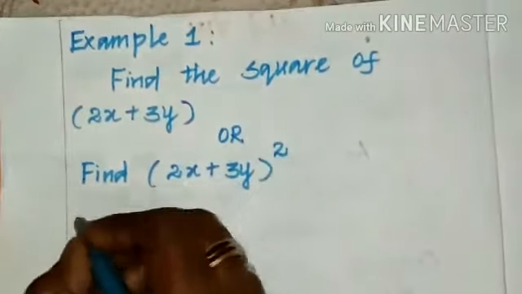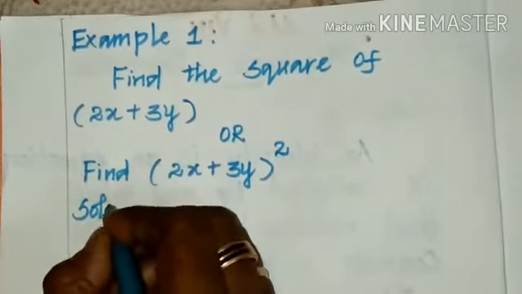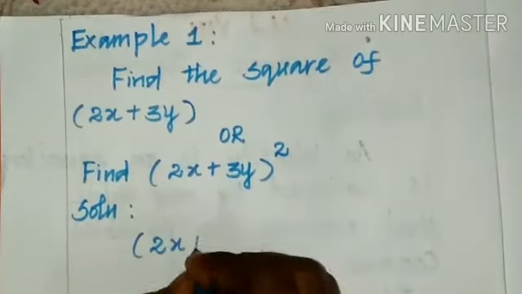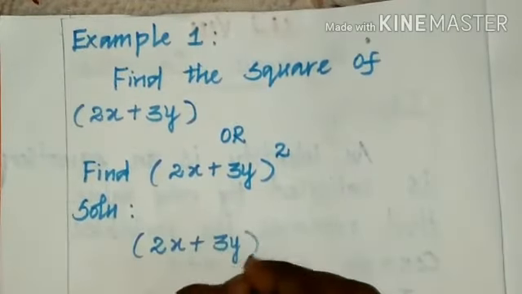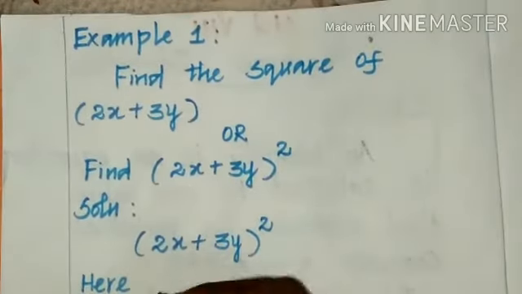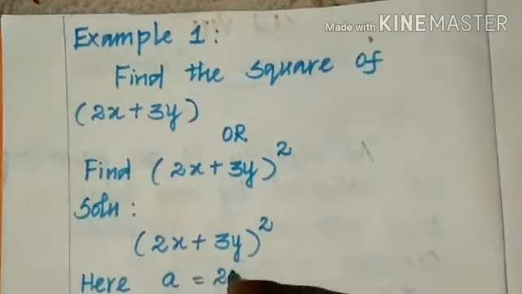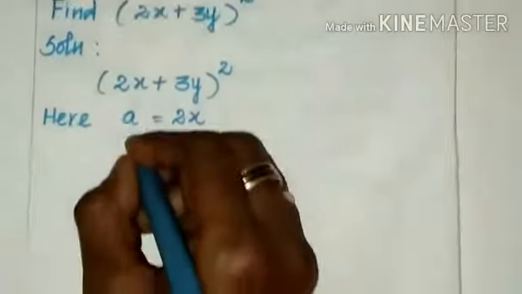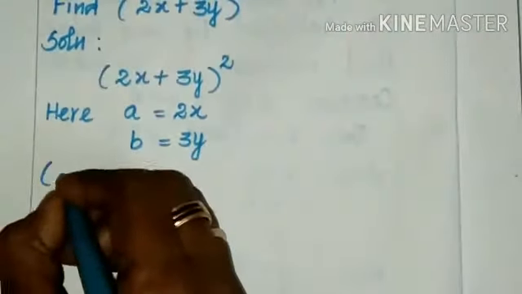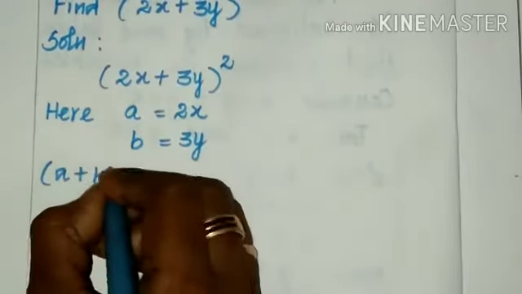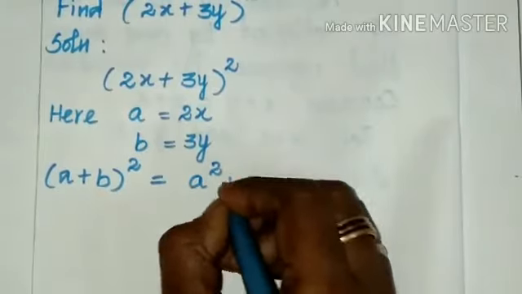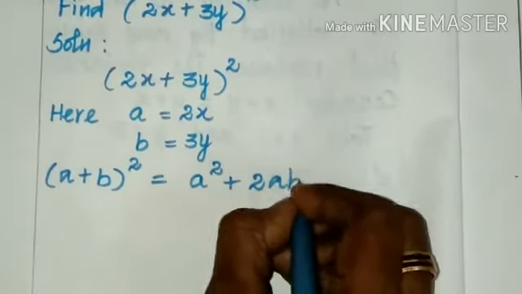Now we have to use the a plus b the whole square identity here. Here a is equal to 2x and b is equal to 3y. Now we write the identity. What is the identity? a plus b the whole square is equal to a square plus 2ab plus b